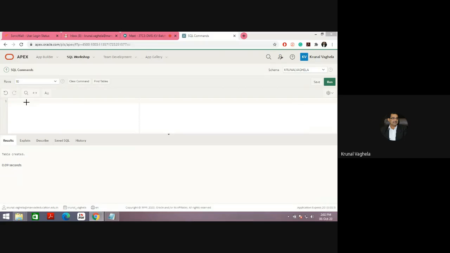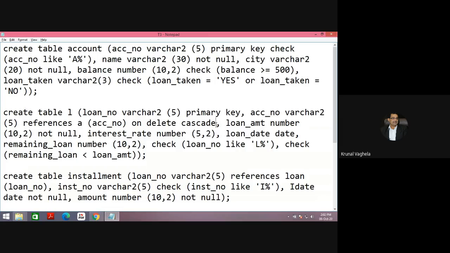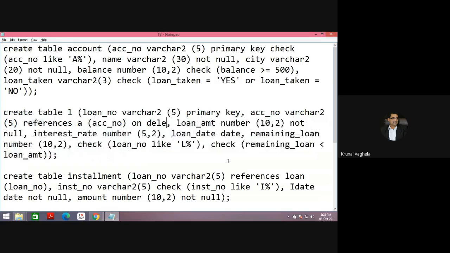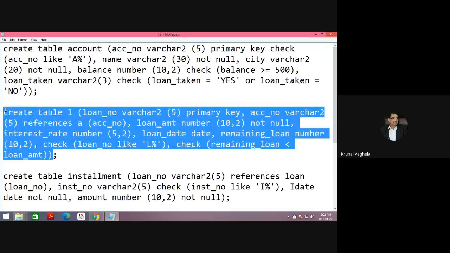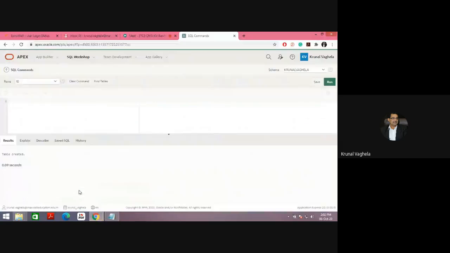First, let me show you without on delete cascade, so you will understand the difference. This is our simple thing which we have already done. So let me create the table without on delete cascade. Control C, Control V. So I have created two tables, but right now I am not using any on delete cascade or on delete set null. So clear. Now I want to insert the values, right?